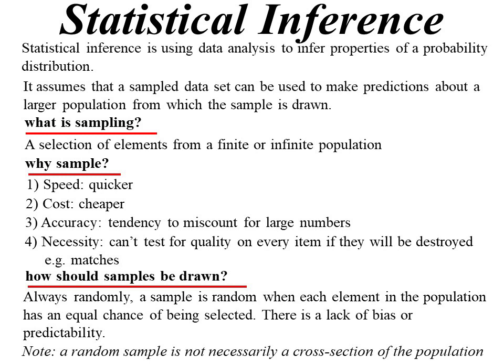When you are random sampling, it's not necessarily going to get you a complete cross-section of the population. Ideally, you would like your sample to match the whole population. So if in the population there were 20% left-handed people, you'd like 20% left-handed people in your sample. But that's not always going to work. So you don't necessarily get a cross-section when you sample.